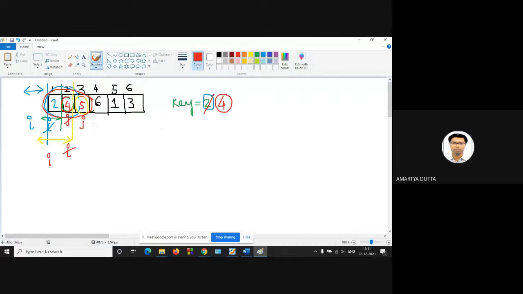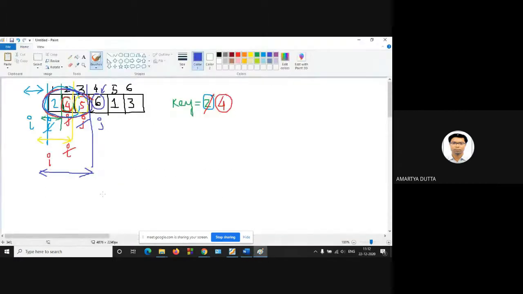Now your next j value is. So this one is already the sorted sequence a1 through j minus 1. Your new j position is at this position. So you have to insert this a j in the sorted sequence of a1 through j minus 1. So 2, 4, 5 is the already sorted sequence. Now you have to place this 6 in the sorted sequence.